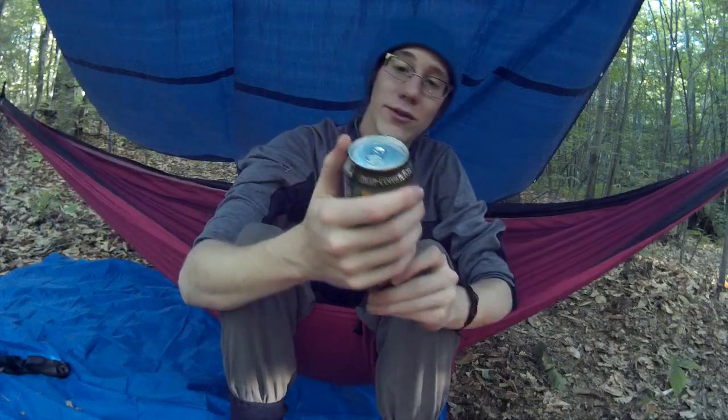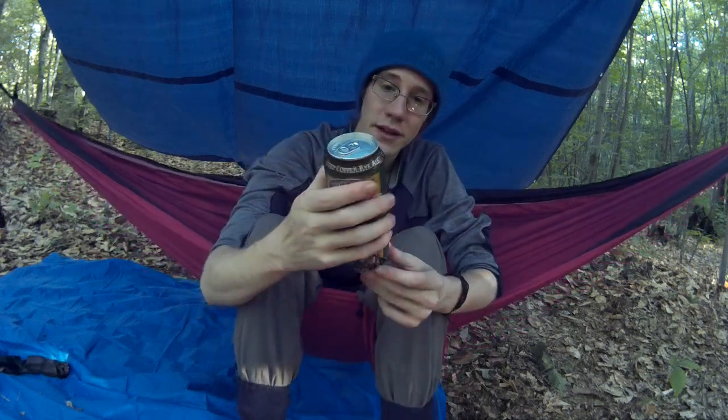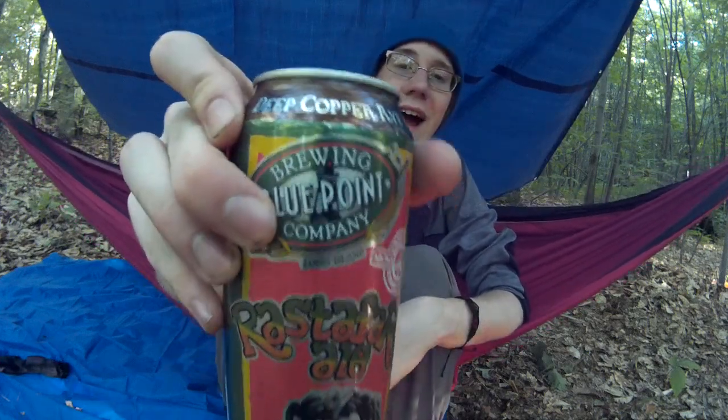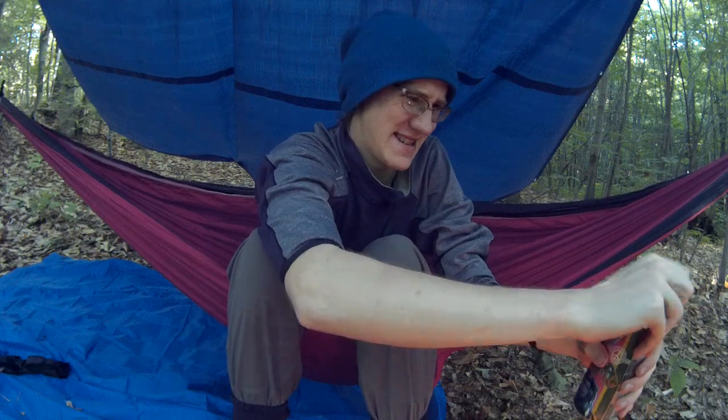We're going to bring out the first beer. Blue Point Brewing Company from Long Island, the Deep Copper Rye Ale. It is the Rastafari Ale. I've never had a rye ale, I don't think, or at least I'm not sure if I have. I have had copper beers before,